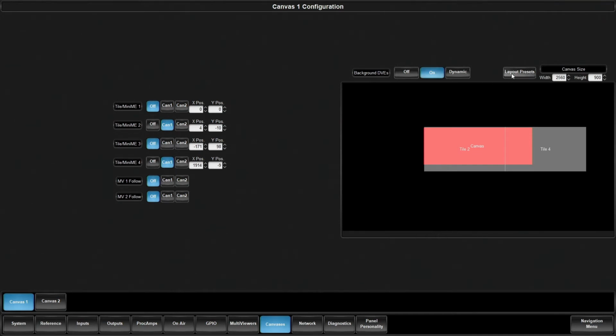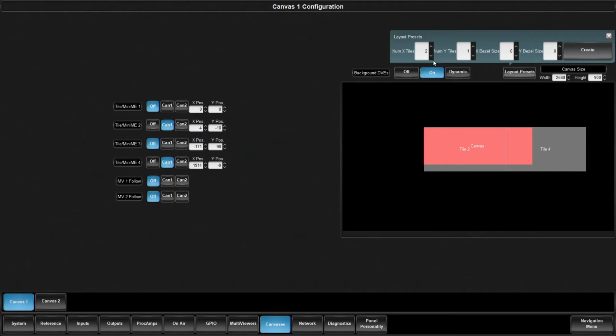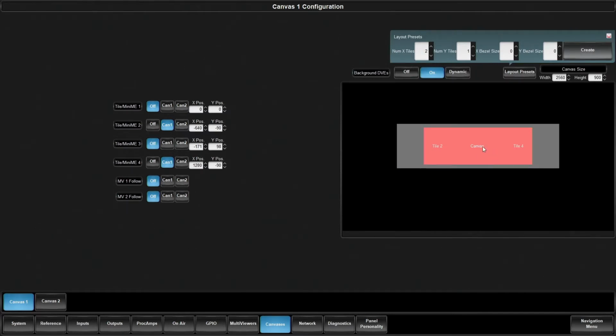I can also quickly lay this out as a preset. So if I say I want 2x1 and I hit create, it's automatically going to put the center in the middle of the screen. So now you're X number of pixels in on the LED controller when you're setting up where the LED panels start from. This is a little bit more helpful because when you're building effects and moving things around, the concept of it being in the center of the screen makes life a little bit easier.